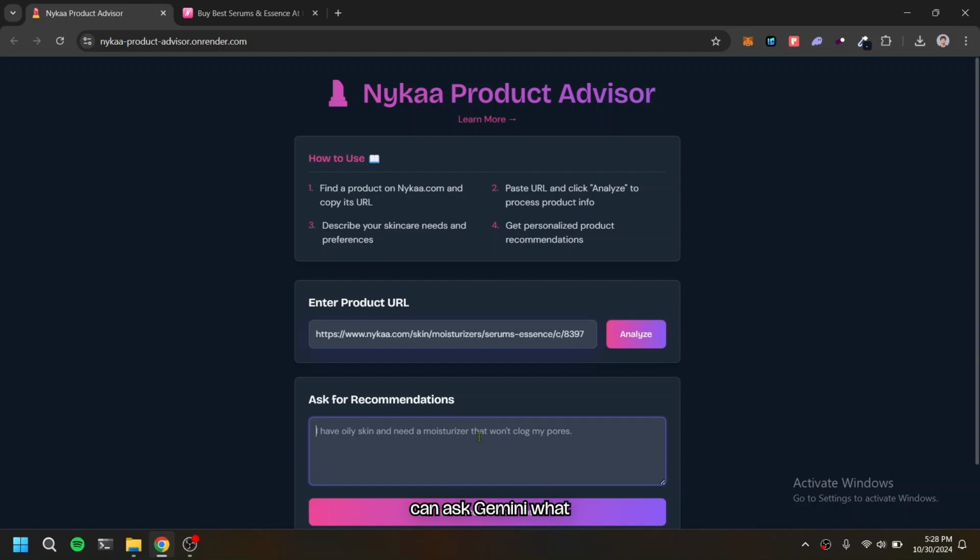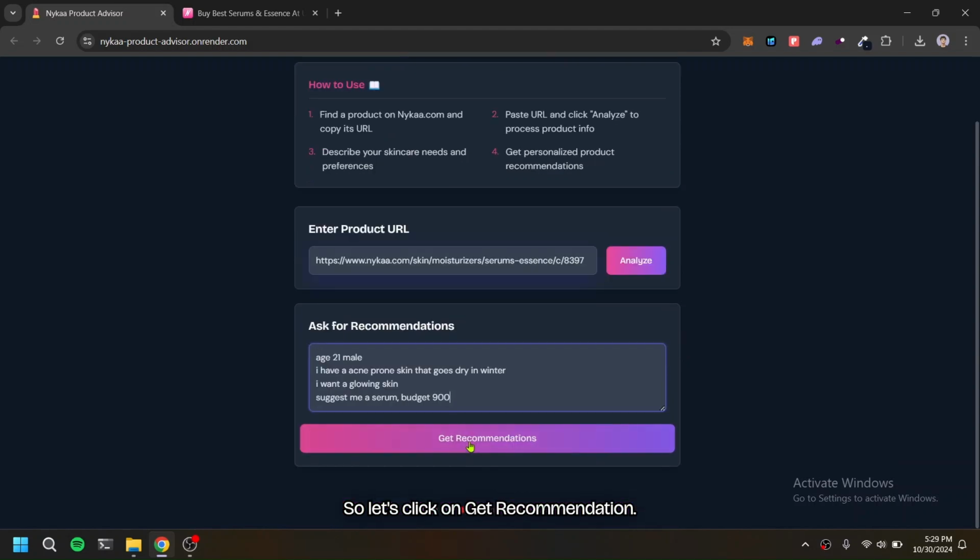Now I can ask Gemini, I can specify my requirements. So let's say I am age 21, male. I have acne prone skin that goes dry in winter, and I want a glowing skin. So suggest me a serum. Okay. Let's also specify the budget. My budget is 900. So let's click on get recommendation, and out of all those options, it will give us